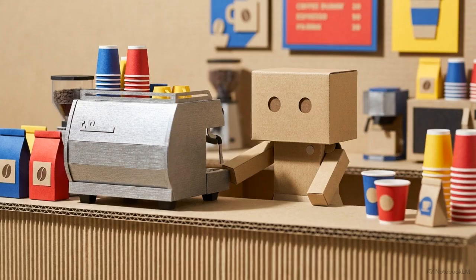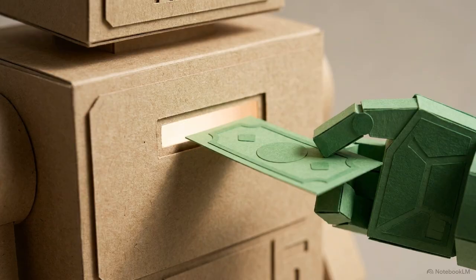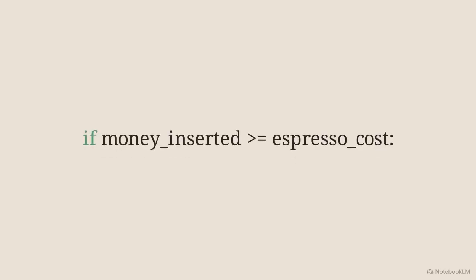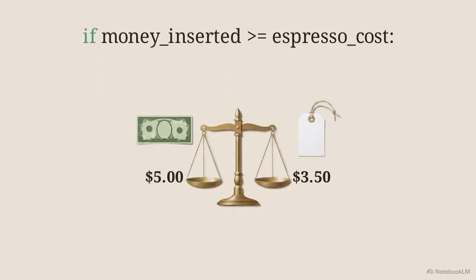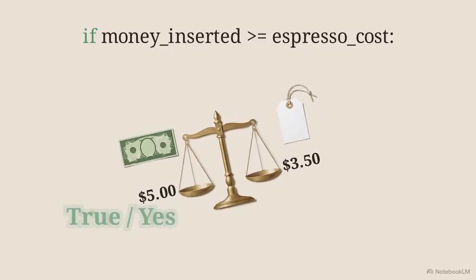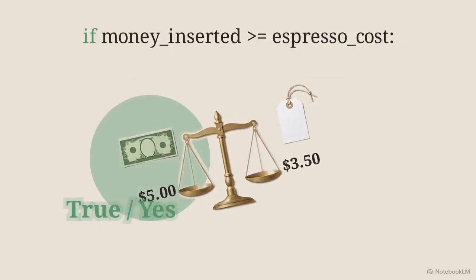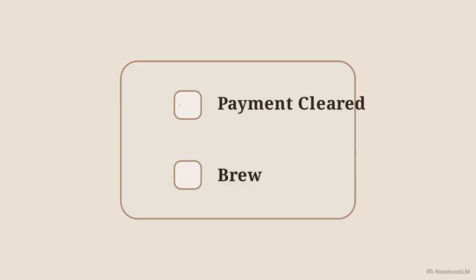Now the robot is ready to take orders, but it can't just hand out free drinks. It must verify we actually paid for it. To check this, the code asks a yes or no question called an if statement. Picture a scale. The robot checks, is the inserted money greater than or equal to the cost? It sees our $5 outweighs the $3.50 price tag. Because the answer to the question is yes, the gate opens, and the robot moves forward to read the next